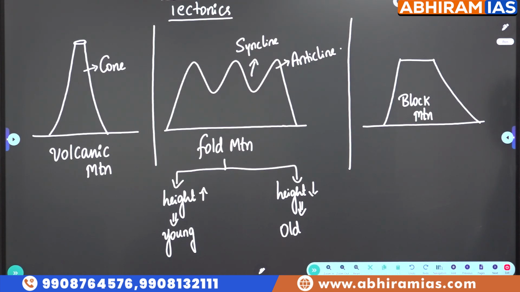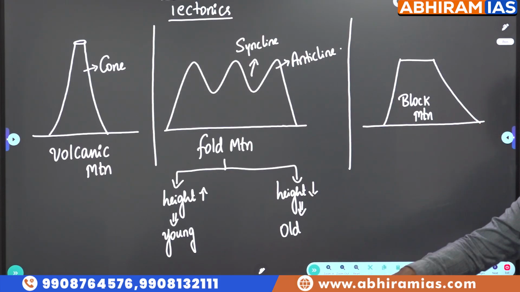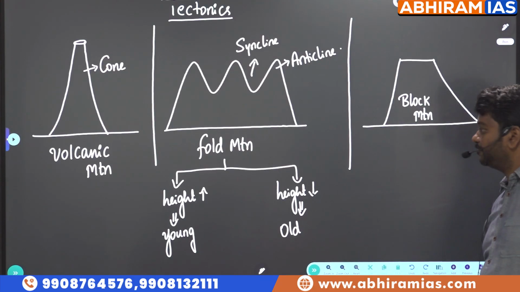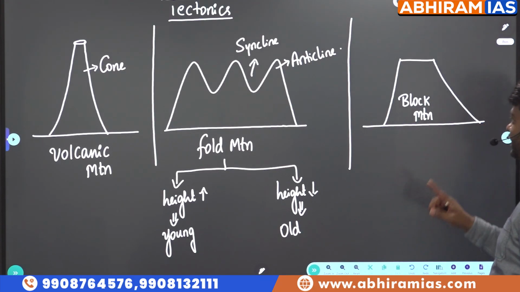See, normally what happens if height is not increasing, exogenetic forces will reduce it. So height keeps on reducing. Any old fold mountains, height keeps on decreasing. Height will never be constant. If it is increasing, pressure is from inside. If it is decreasing, then it is old fold. Okay, now guys, based on this,